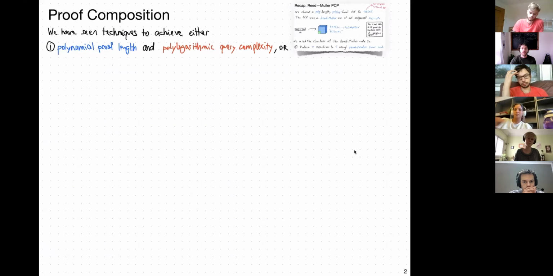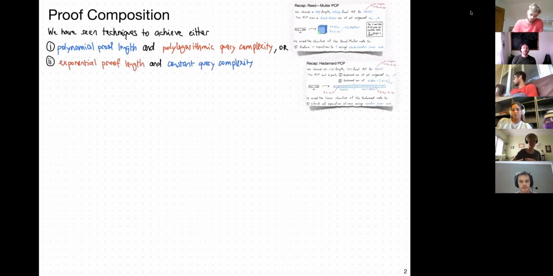And we did it using the Reed-Muller PCP. So when we took an assignment, we used the low degree extension of it, and also took a soundcheck protocol and put it there. Now the other type of thing we saw is the